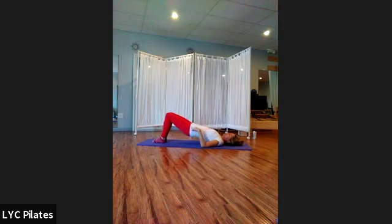Now, I want you to do a side curl. So I want you to kind of send that right hip away out to the side. As you press that hip out, I want you to curl opposite of the hip that you're pressing away. Try to keep the knees squeezing. Come back to center. Let's go the other way. So think of sliding the hips across a flat surface as you shift the hips side to side. I want you to think of making a big C with that spine